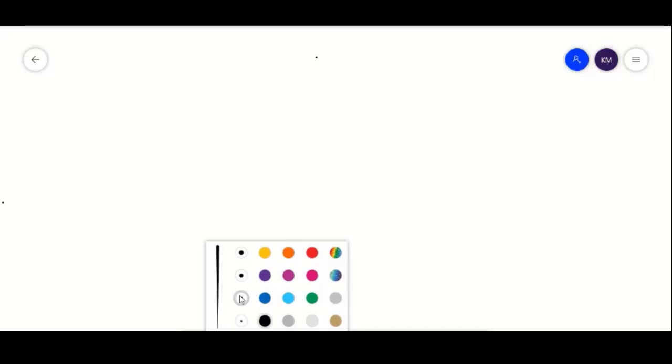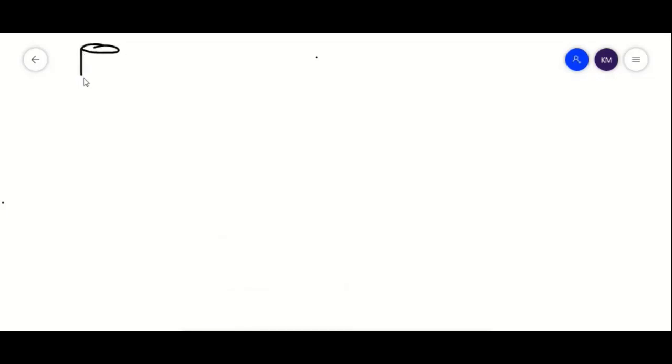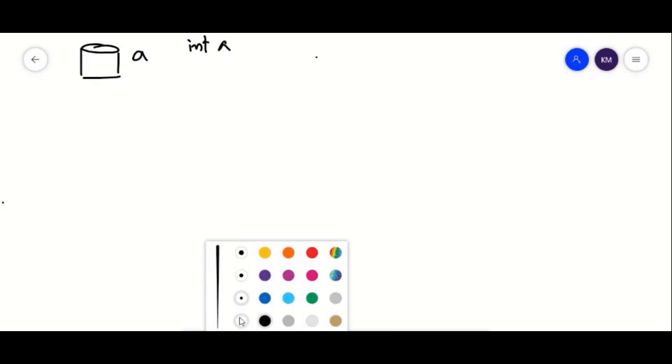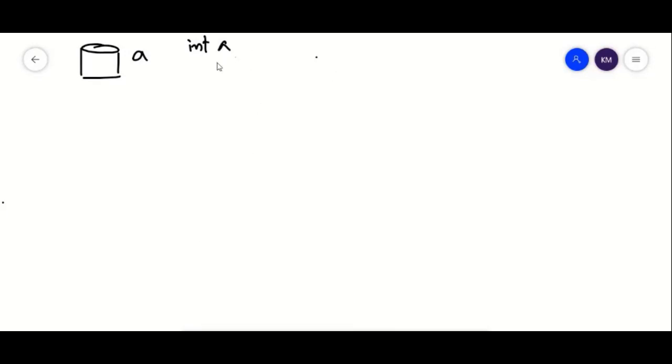A variable is like a container. That means you are going to store something within that particular location or memory position. Suppose this is your container and you're giving it the name A. So what is the meaning of that? Whenever you write int A, you are giving the name A to that particular variable, location, or container, so that whenever you access that variable, you consider A as the location name.